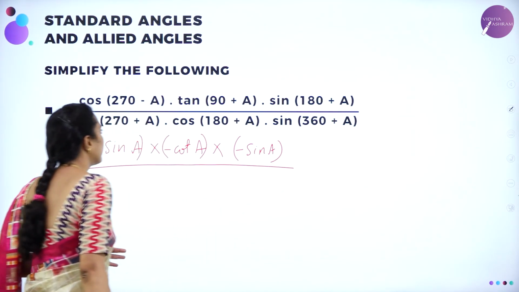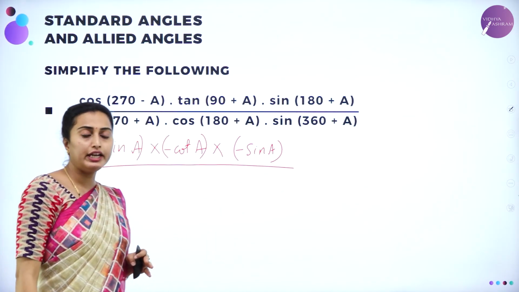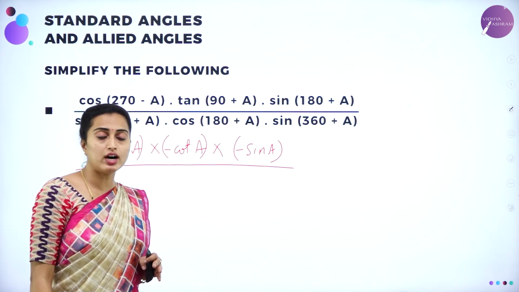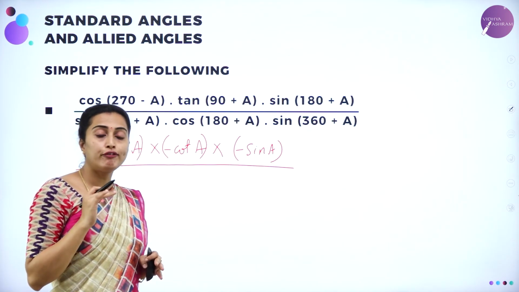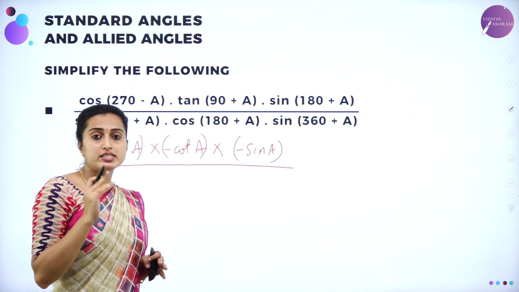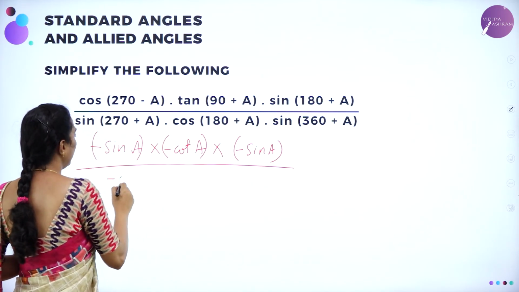divided by sine of 270 plus a. In 270, sine will be changing as cos. 270 plus a falls in the fourth quadrant. So fourth quadrant sine is negative. So minus cos a